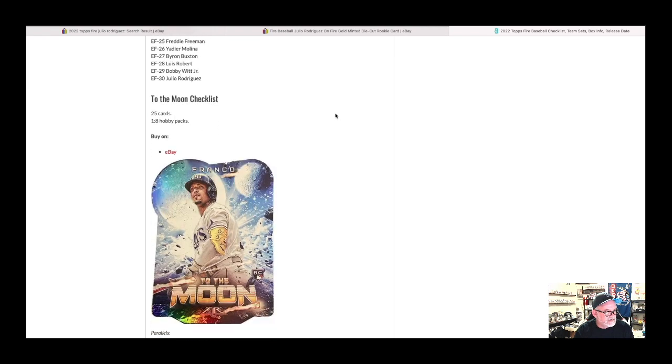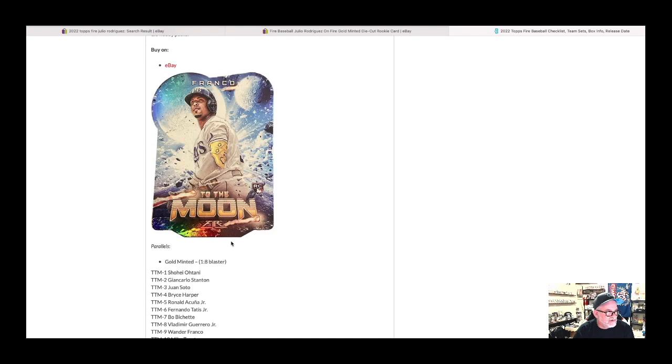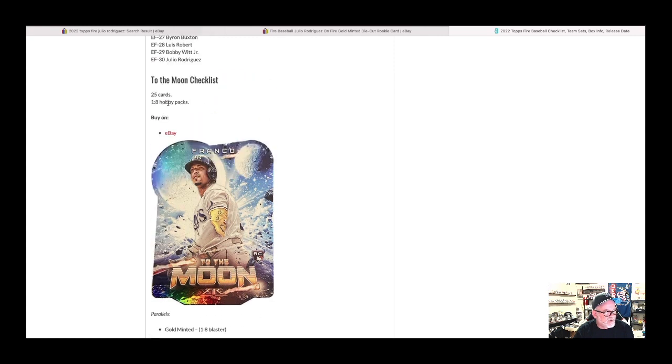And then here's another one, kind of fun. It's called To the Moon. Again, not a lot of detail with the die cut, but it's still kind of cool. Plays off the phrase "to the moon," something kind of fun there. And then the checklist, again, it has Julio, it has Witt, Vlad, Acuna, Soto, Shohei. And again, these are 1 in 8 blasters for gold minted, 1 in 8 in the hobbies. So